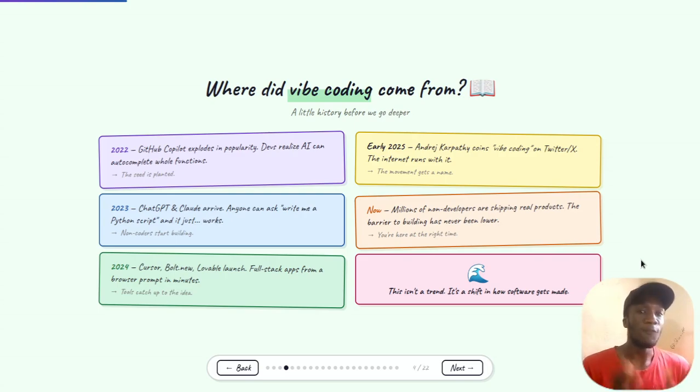Now, millions of non-developers are shipping real products, and the barrier to shipping has been lowered. If you go on YouTube, TikTok, Instagram, people are marketing their websites and their apps.